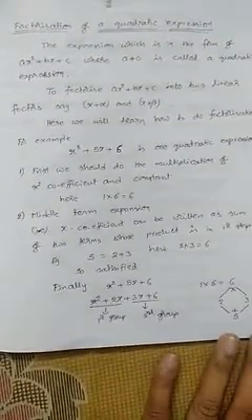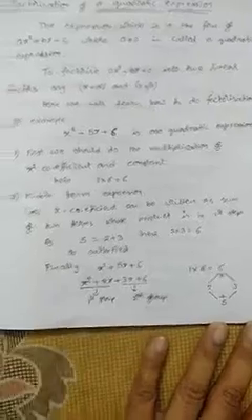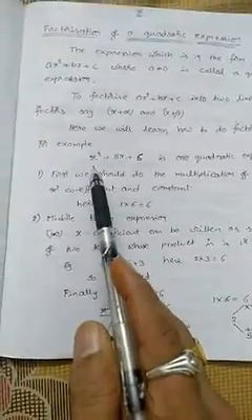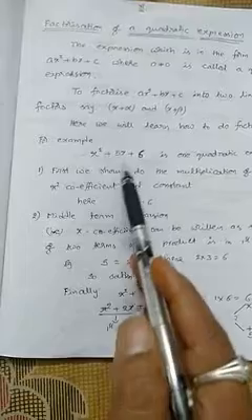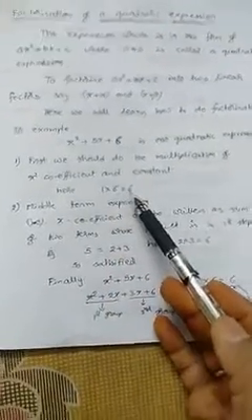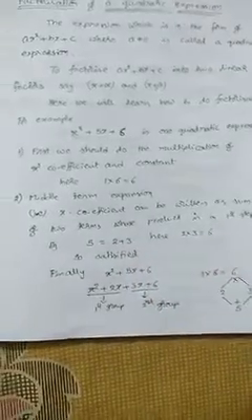Let us see how to write a quadratic expression as factors. Here I took an example: x square plus 5x plus 6 is one quadratic expression. What steps are we supposed to follow to do the factorization? First of all, we should take the x square coefficient. What is the x square coefficient here? It is 1, since nothing is written. Then take the constant and find the product, 1 into 6 equals 6. So we multiply the x square coefficient and the constant.